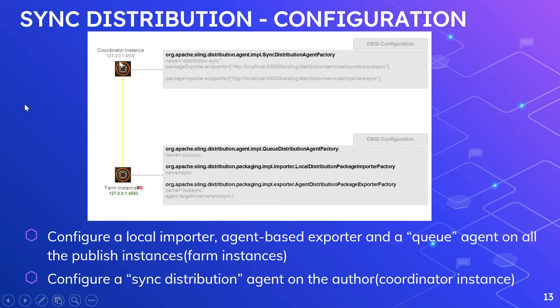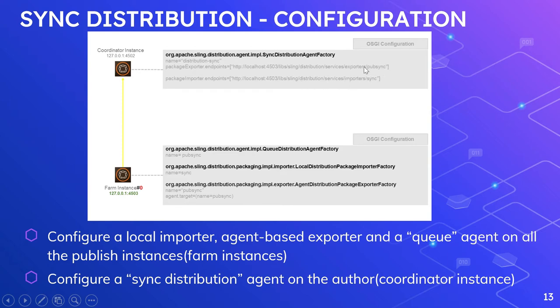Now in author, you should be configuring a sync distribution agent. Here you can see there is a name specified, but there are two major configurations: one is package exporter dot endpoints, the other is package importer dot endpoints. Every publisher is having one exporter and one importer. That is the configuration we are specifying here.